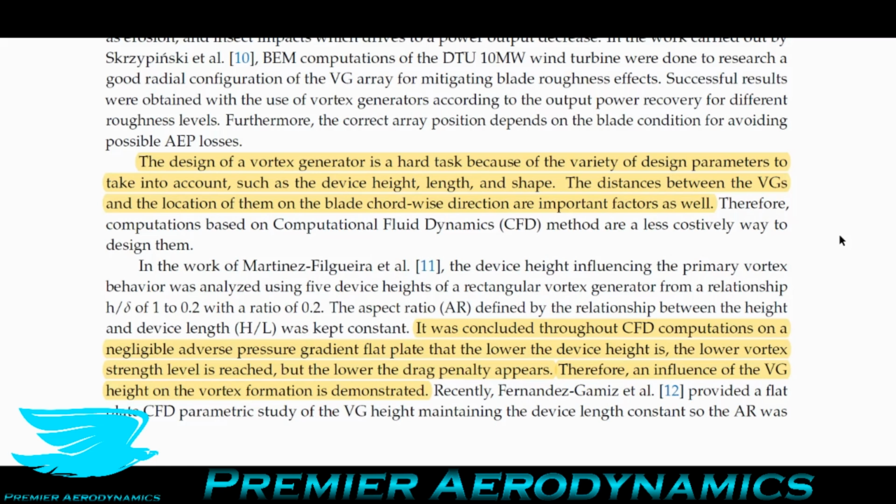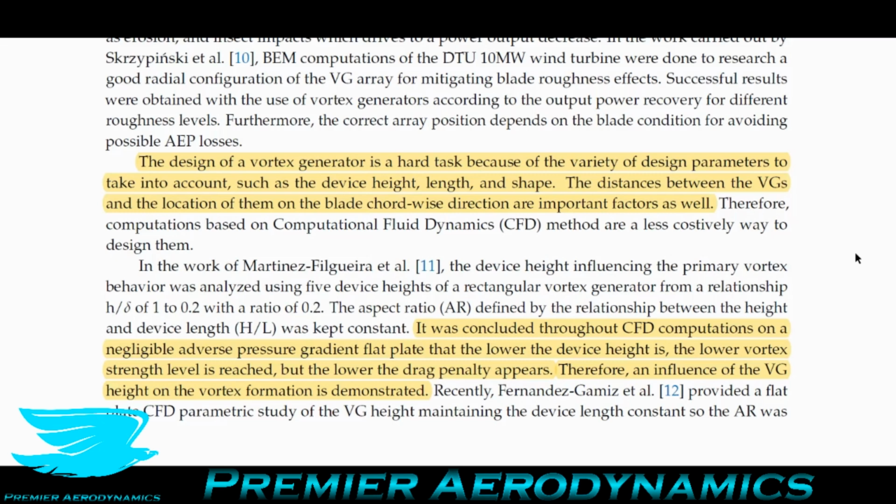They also say that the distance between the vortex generators and the location of them on the blade in the chordwise direction are important factors as well, which is also true, and also how you align them to the flow. So there's just so much to look at. They say that it was concluded through CFD computations on a negligible adverse pressure gradient flat plate that the